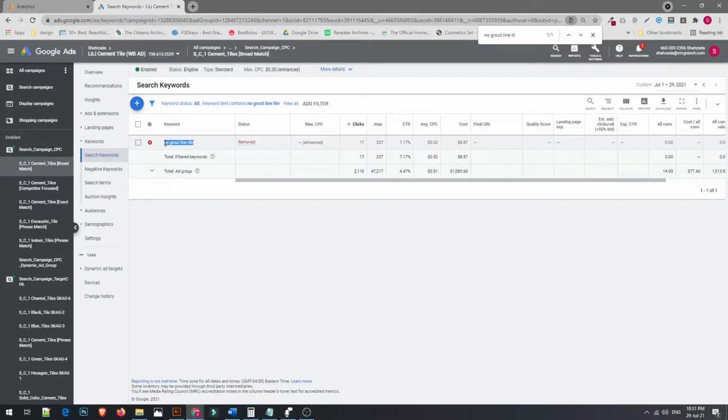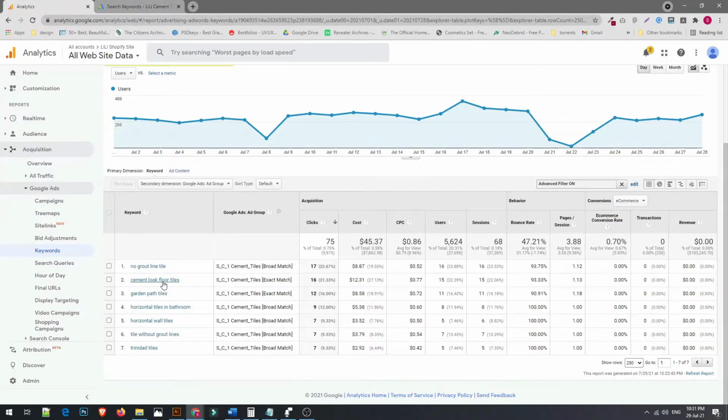But if we further dig in and see what was the problem, why this keyword wasn't sending in relevant traffic, the one thing that we can tell right off the bat is that it is coming from a broad match campaign group, which means that this keyword is a broad match keyword,